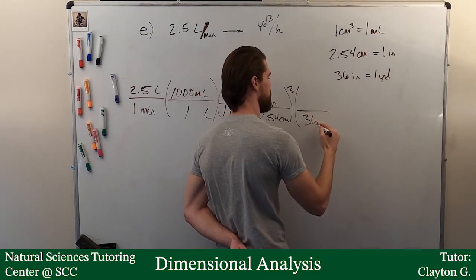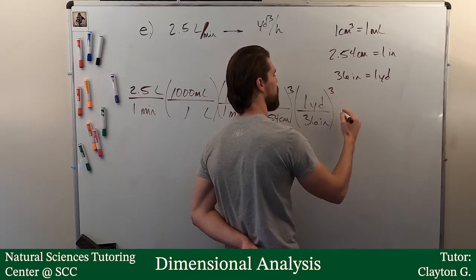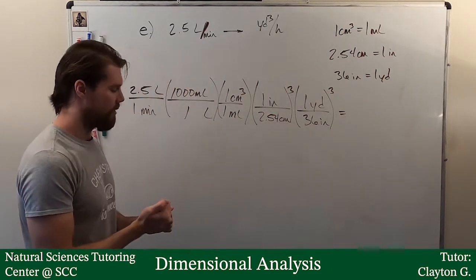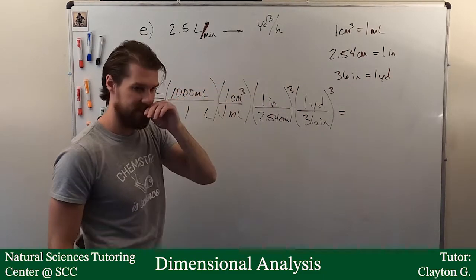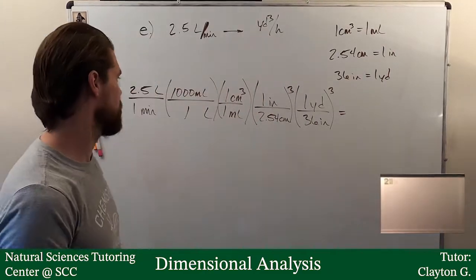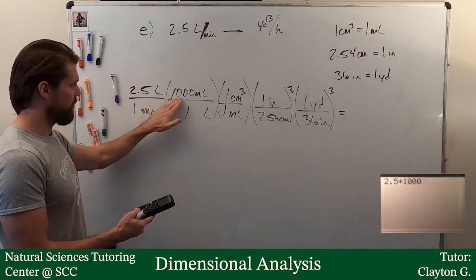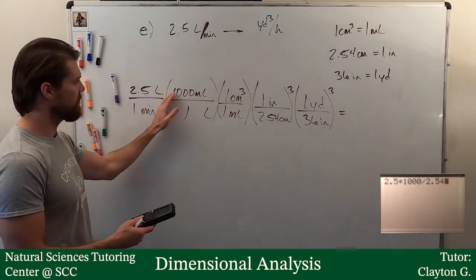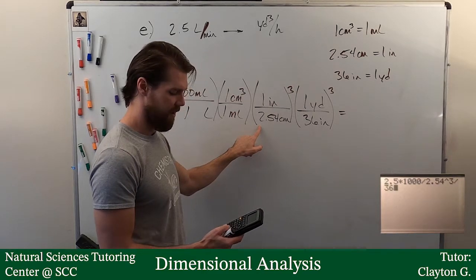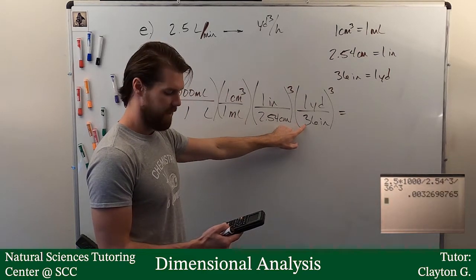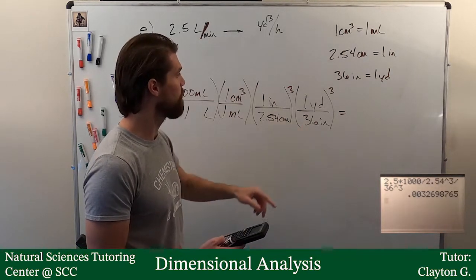For every 36 inches, I have 1 yard. But I need to, again, cube that. All right, and remember the cube is distributed to every element in our parentheses. So we just need to be real careful, very diligent about that. All right, so to solve this, 2.5, this is on the top, times 1,000. Don't need to worry about the ones. I'm going to divide, if this is on the bottom, divide by 2.54 cubed, and divide again by 36 cubed. And we get